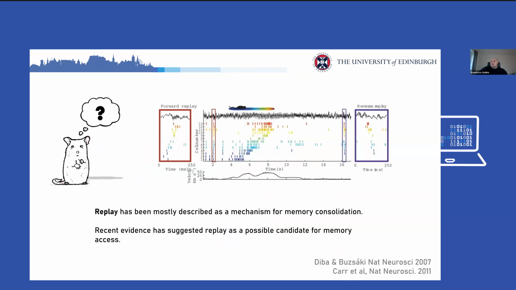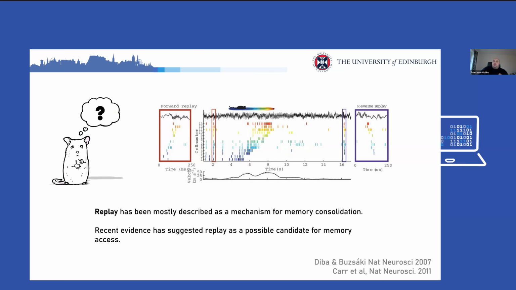How can we access memory from a neurological point of view? A particular phenomenon that was described early in the 2000s was the discovery of replay. What the authors found, from the Buzsaki group in particular, was that when recording from the hippocampus of mice and rodents in general running through a linear track, as these animals navigated through this linear track, a sequence of cells responding to their position in the environment would fire in sequential order, of course.